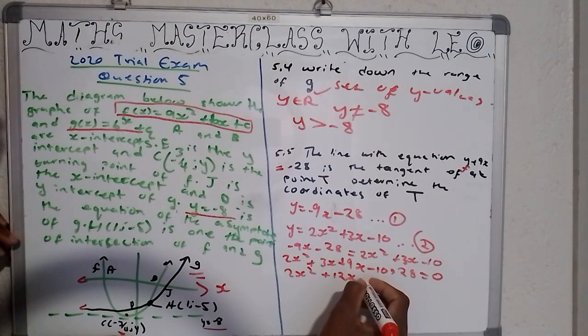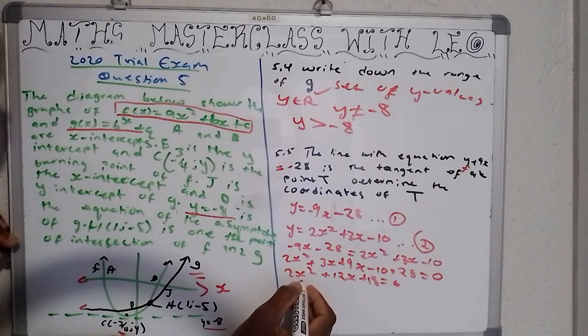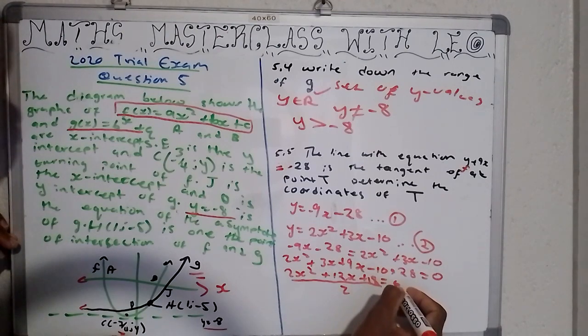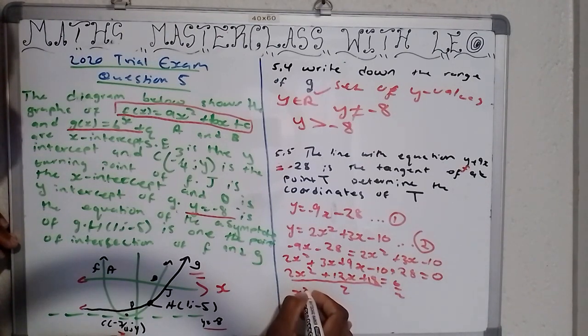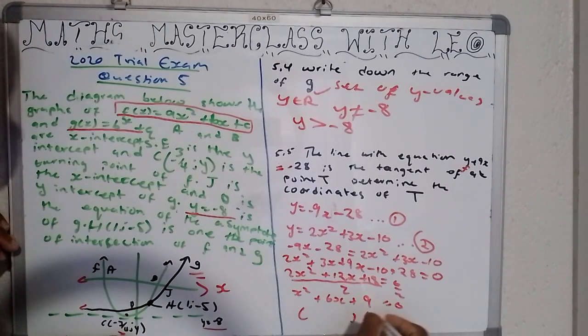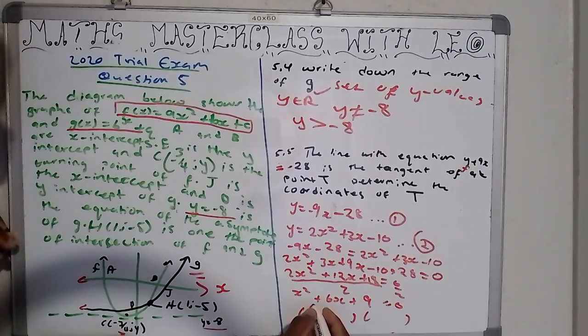This will give me plus 18, which is equal to 0. Then I divide out by 2, and I'm going to have x squared plus 6x plus 9, not plus 6, plus 9, equals 0. Factors, I'm going to have x